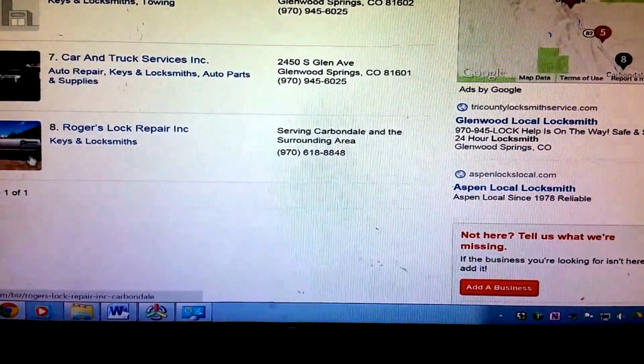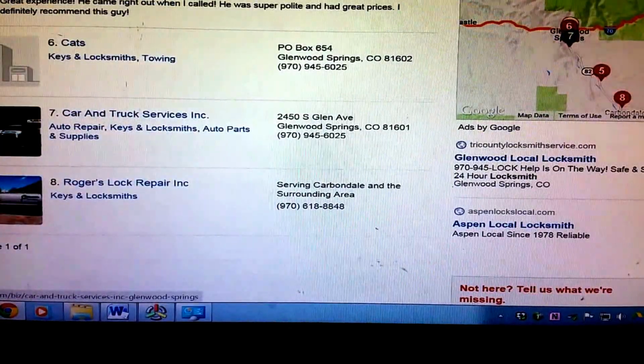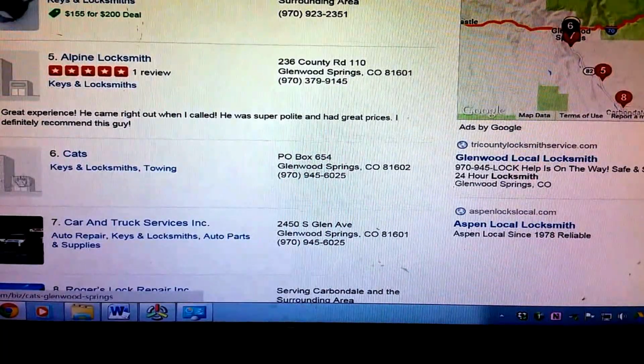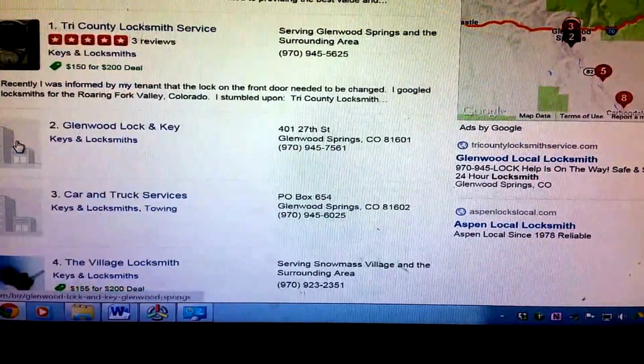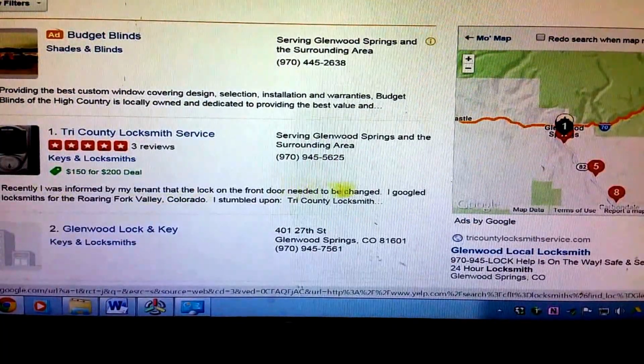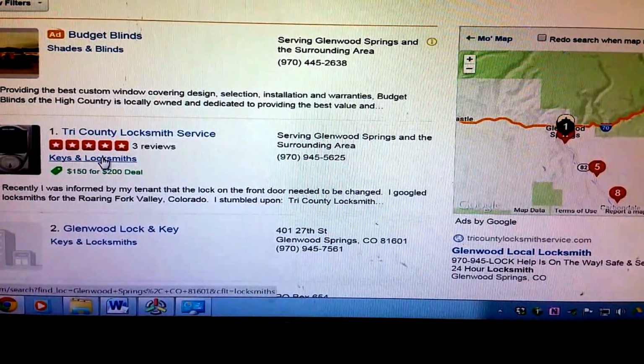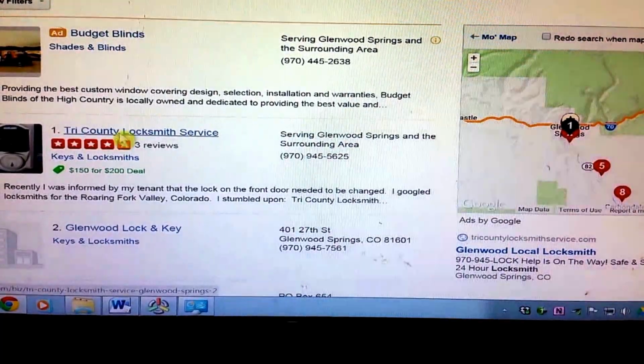This guy has a picture, but he has no reviews. This is Car and Truck Services. They're not a locksmith. This one up here, they don't have their picture managed. We have the total package right here. So this is going to look the most attractive to whoever is looking for that service. So if we click on here,